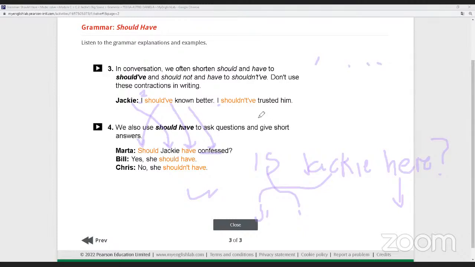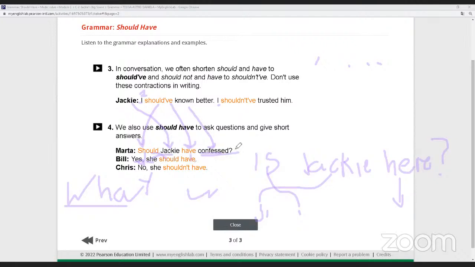And the same happens with the yes, no questions, WH questions. The only difference with the yes, no questions is that we only have to add the WH question, right? The WH word, I mean, what, where, who, whom, right? Whose, okay? So the answer, yes, comma, space, she, the subject, should, and have, right?